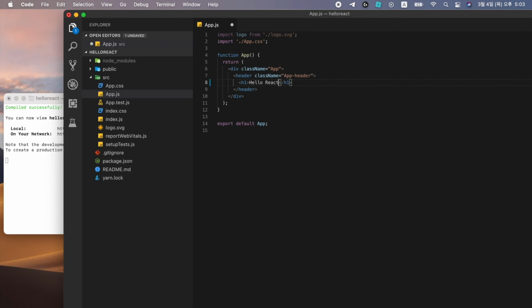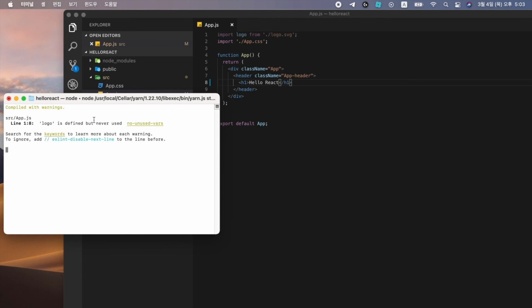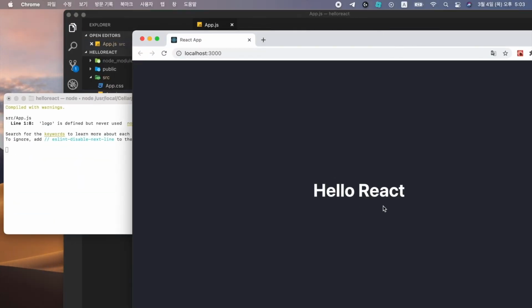And after changing it, I will save the code. As you can see in the terminal, it was compiled right away. And after the compiling, you can see the actual web page immediately reflects it when you modify certain code.